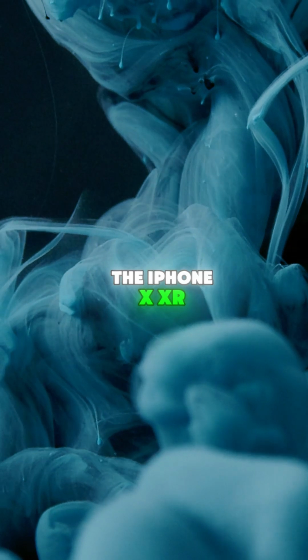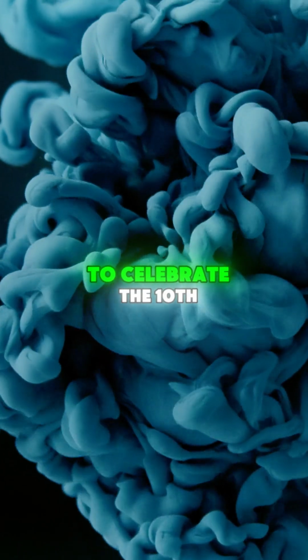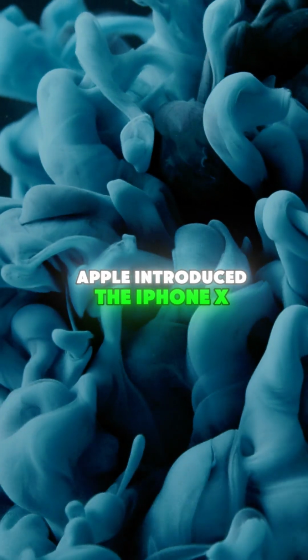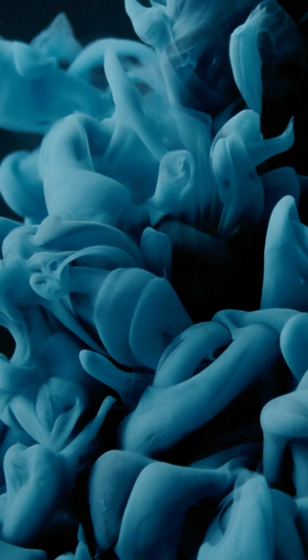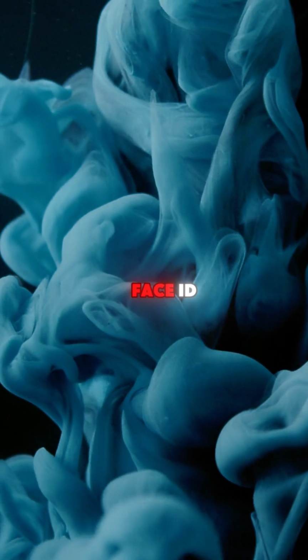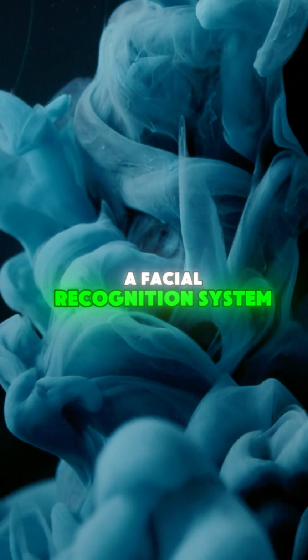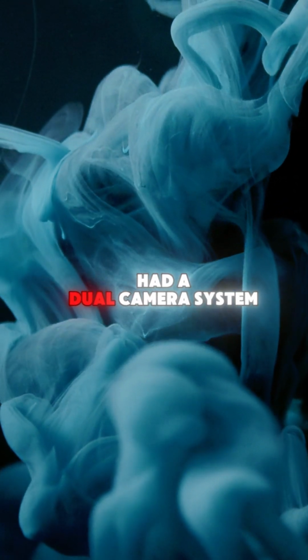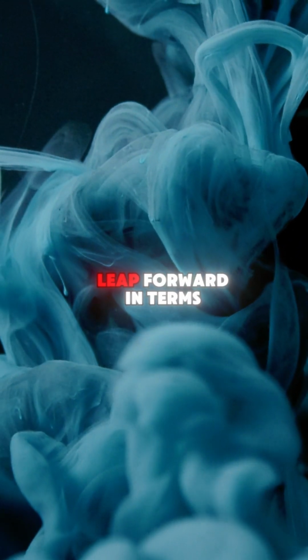The iPhone X, XR, XS, and XS Max. To celebrate the 10th anniversary of the iPhone, Apple introduced the iPhone X in 2017. It had a stunning new design with an edge-to-edge OLED display and Face ID, a facial recognition system that replaced the fingerprint sensor. The iPhone X also had a dual camera system and was a major leap forward in terms